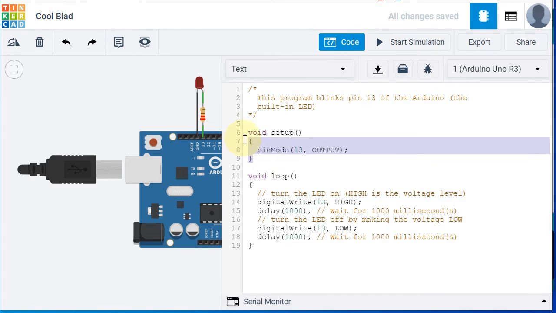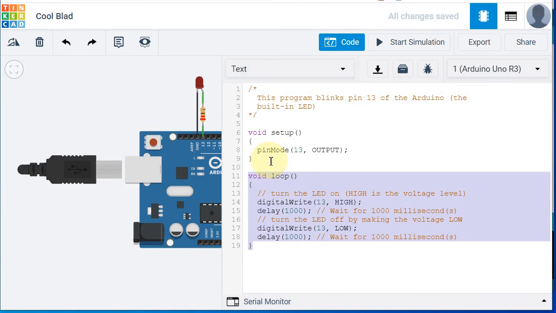For that, they have taken two functions: one is the setup function and the other is the void loop function. In the setup function, as our aim is to blink the LED on pin number 13, pin number 13 should always be an output, meaning the signal should be sent from the Arduino to the LED to blink it. They are very sure about pin number 13, so under setup they set pinMode for the 13th pin as output. The important thing we have to see here is pinMode. You want to check that the M is a capital letter and all the others are small letters.